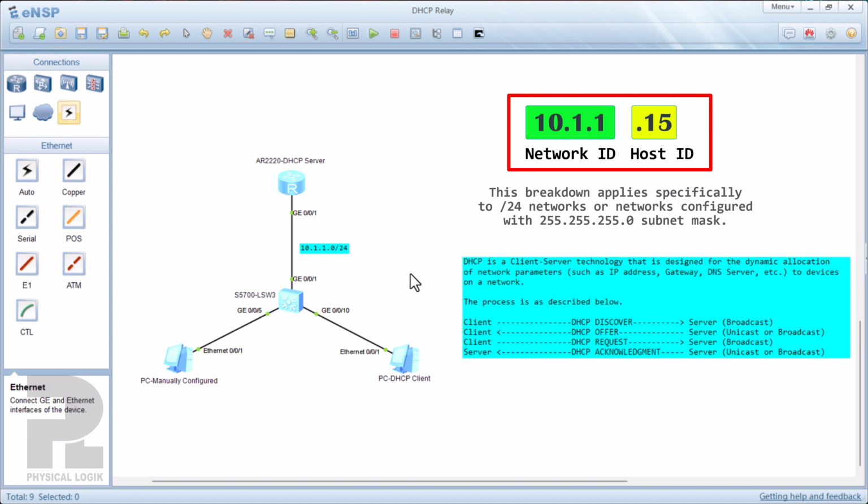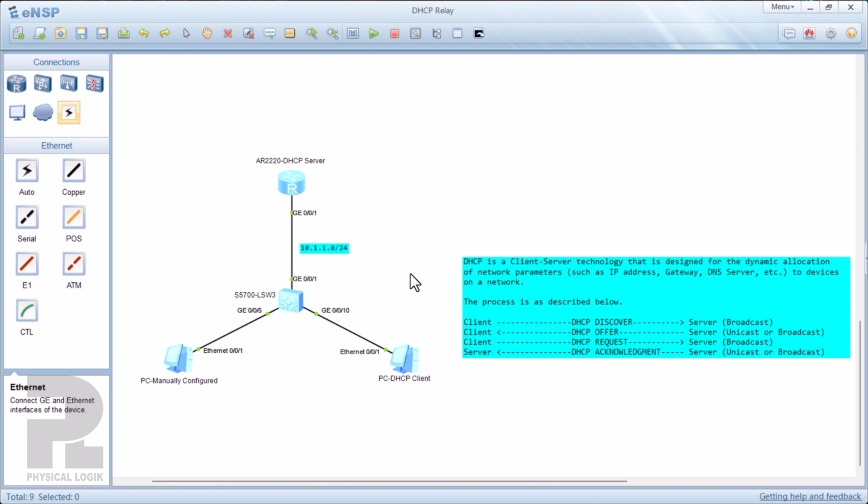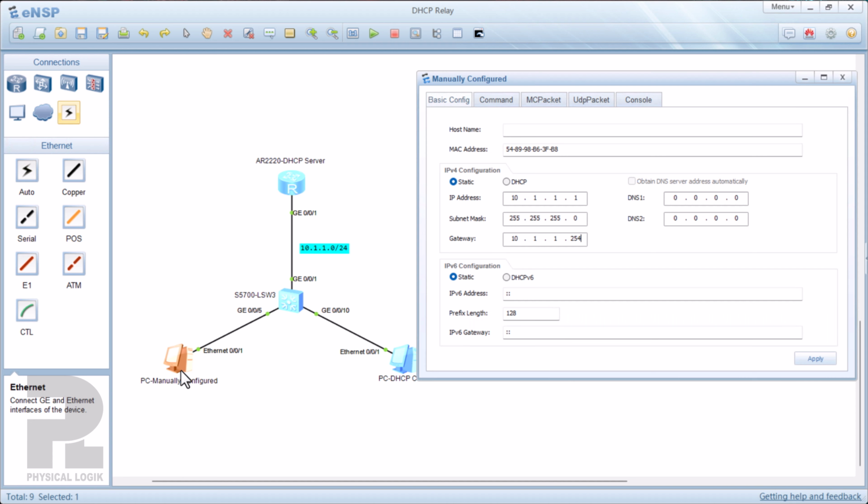So before the DHCP method of configuring hosts on the network, we usually have scenarios where hosts are configured using the manual configuration method. So let's go ahead and demonstrate that. Assuming we want this PC to have some IP address parameters on the network, this is how we're going to do it. We first of all do the static configuration, and now we're going to manually assign the IP address 10.1.1.1 to the host, and then we give the subnet mask of 255.255.255.0. And for the gateway currently on this router is